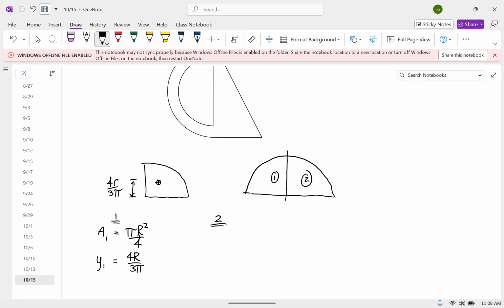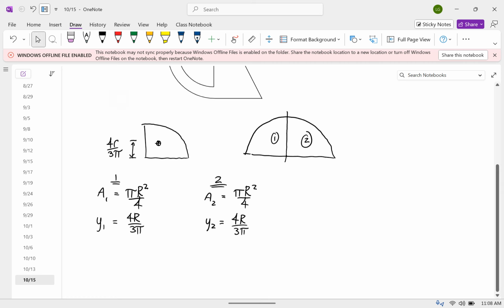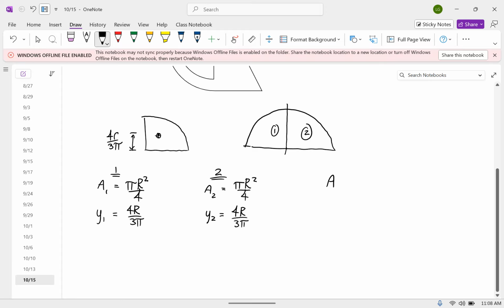For piece 2, the area is pi r squared over 4, and y2 is 4r over 3 pi. The total area is the sum of those two, so pi r squared over 2. And now the y centroid for the semicircle is the reciprocal of the total area, so that's 2 over pi r squared